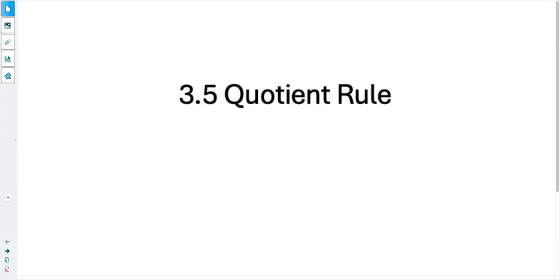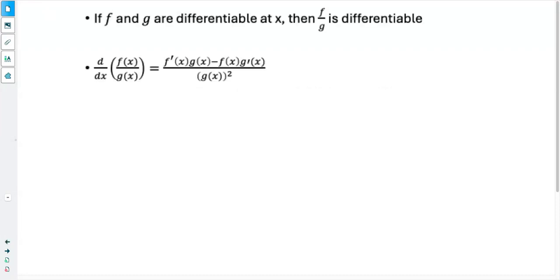Hi, today we are going to look at the quotient rule. Last set of notes we looked at the product rule. So the quotient rule, just like our product rule, involves two functions. So if we have two functions, one function that's f of x and one that's g of x, now we could call them things other than f of x and g of x. However, for the sake of